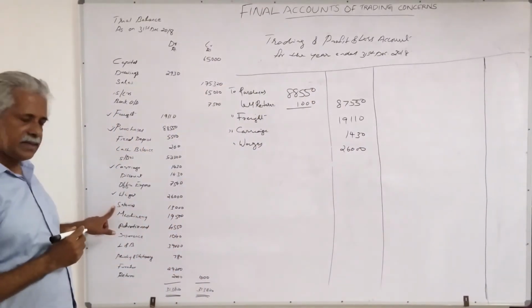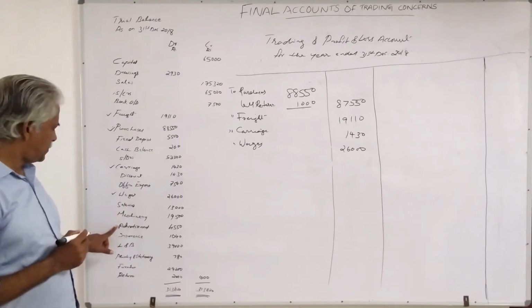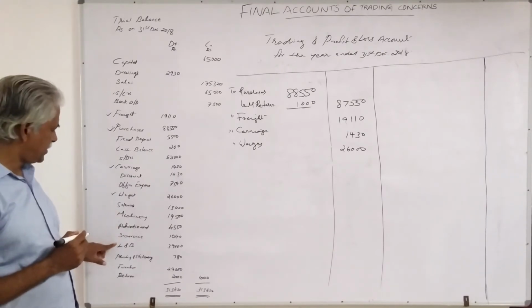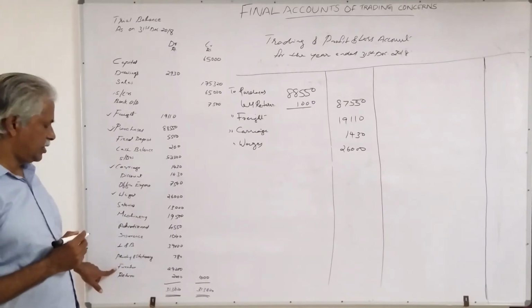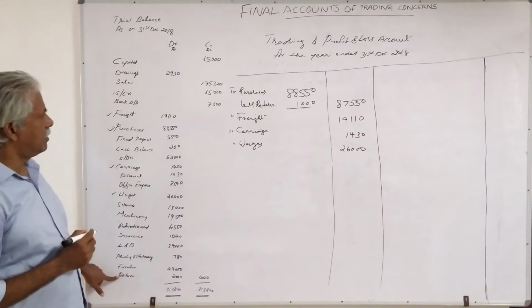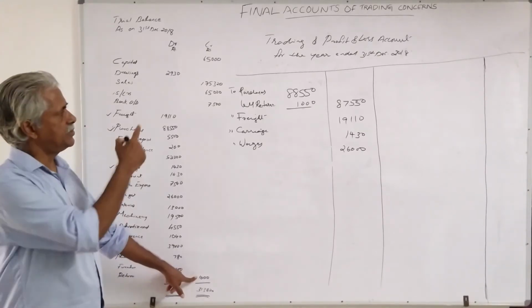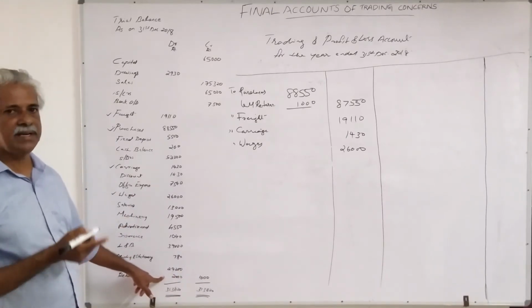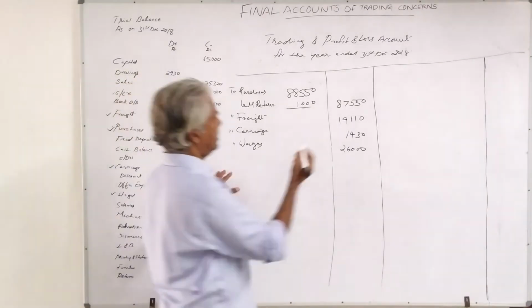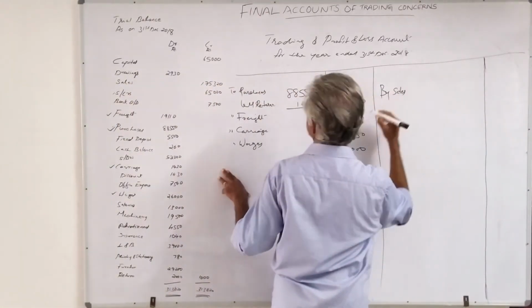Salaries, indirect expense. Machinery, asset. Advertisement, indirect expense. Insurance, indirect expense. Land and buildings, assets. Printing and stationery, indirect expense. Furniture, asset. Returns: this purchase returns is already adjusted against purchases, and this sales returns we have to adjust against the sales. Then on the credit side of the trading account, by sales,